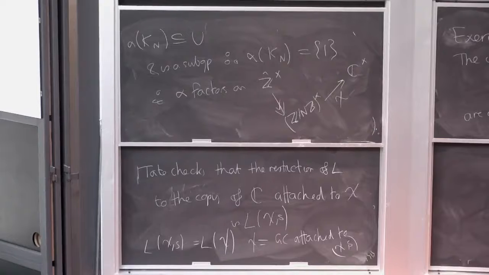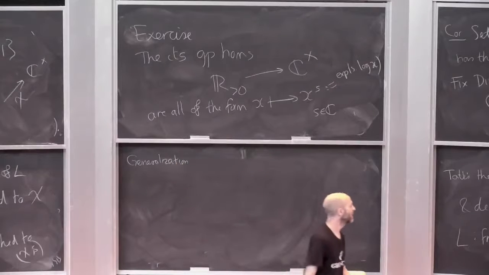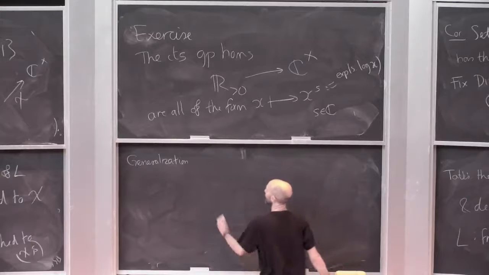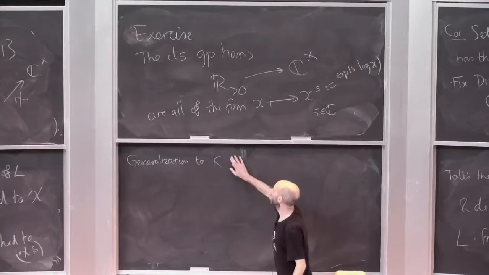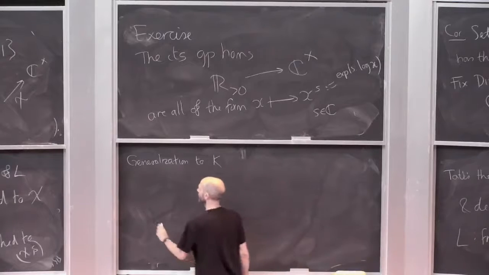Let me just generalize it. One of the great things about Tate's thesis was he generalized all of Hecke's work about attaching L-functions to a large class of Hecke characters, basically. So I've just done all this for Q because I think it's the easiest to understand. Generalization to K, right? Do you remember at some point I made a huge amount of fuss about something else that sounded completely silly, right? Recall